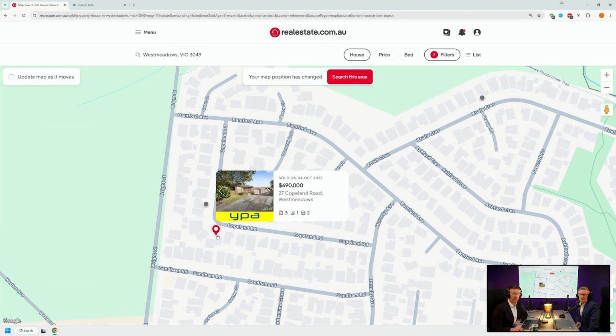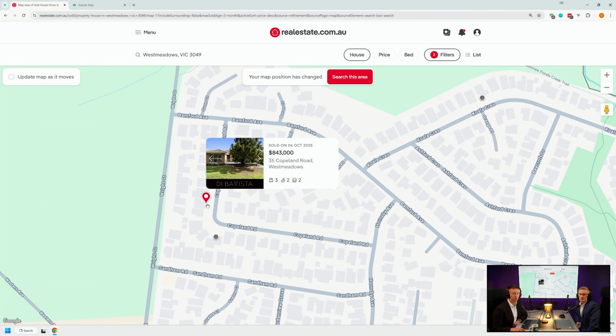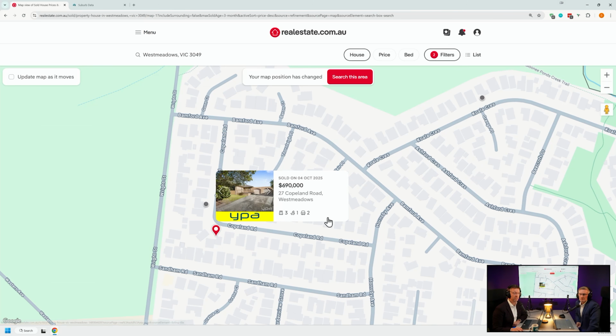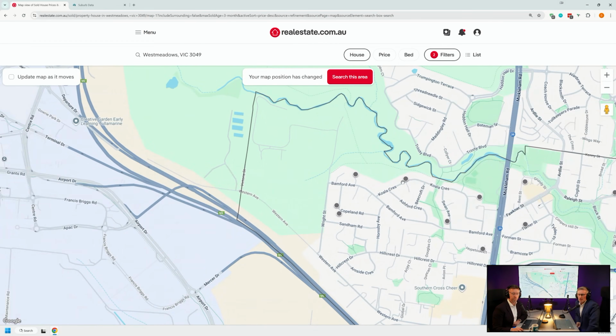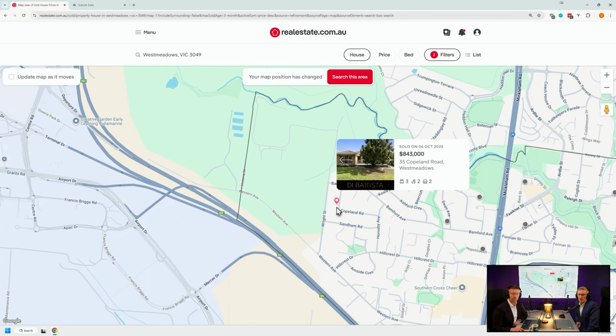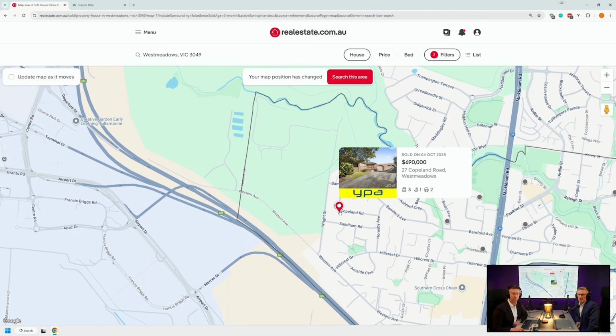So it could be due to the age of the asset. Maybe there needs to be a lot of work done. Maybe the block sizes, but they're pretty much right next door. The other reason is you factor in bedroom count and also bathrooms. I think that has a pretty big play when you're doing these comparables. Did they sell at similar dates? Yeah, one sold the 6th of October. There you go, 2 days apart.